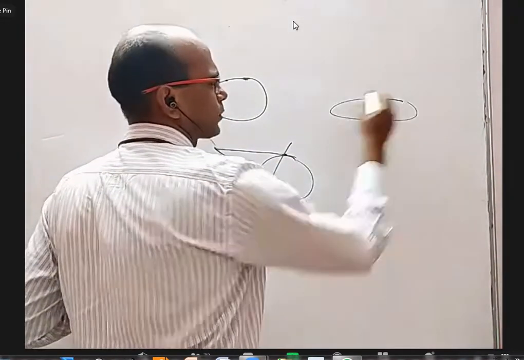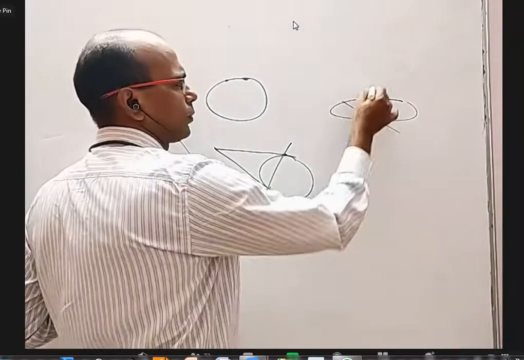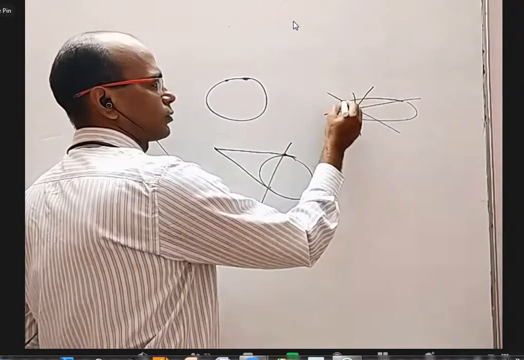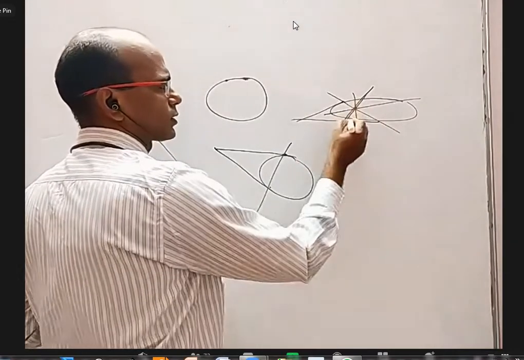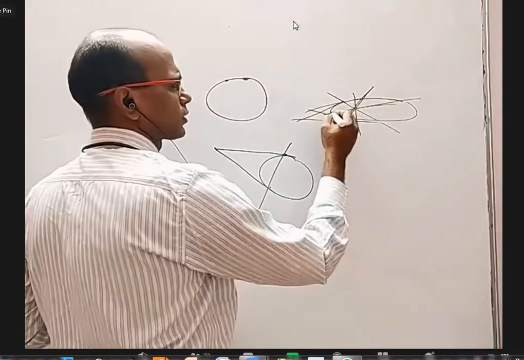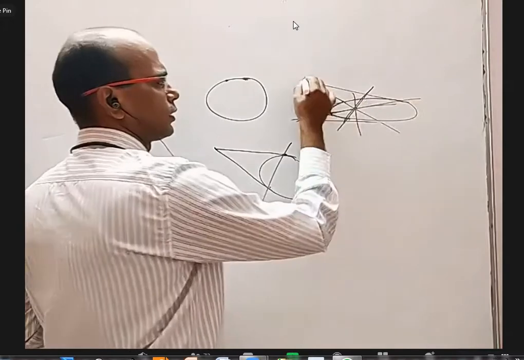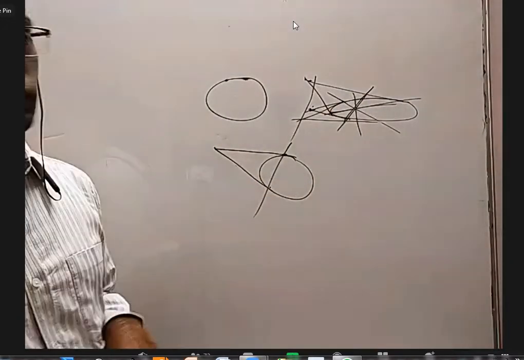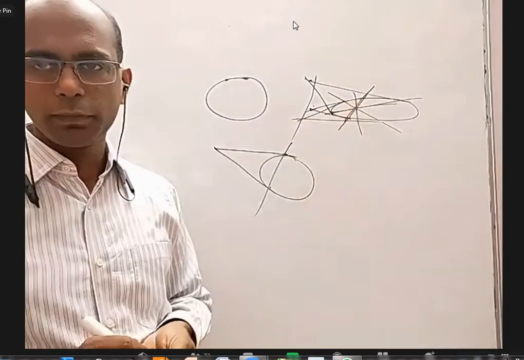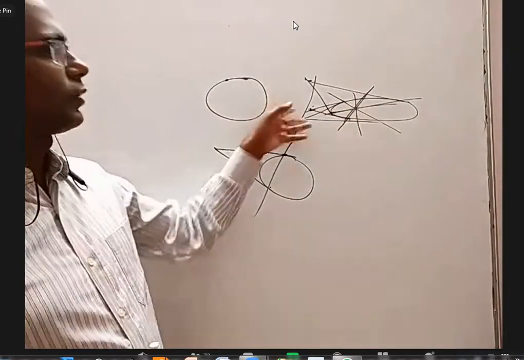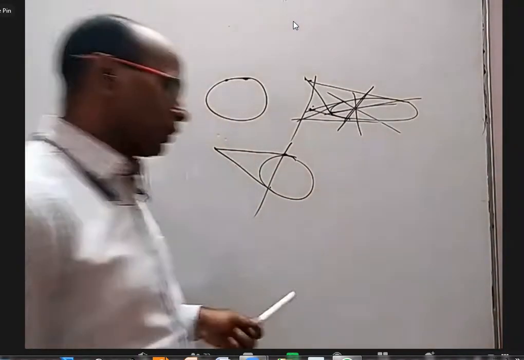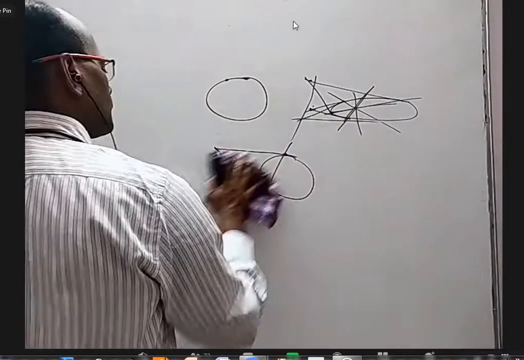Take an ellipse, take one point, and draw many chords through that. At the end of each chord, you draw a tangent. Take this chord, draw a tangent. Take this chord, draw a tangent. They will meet at some points and all of them are collinear. What is that line called for this point? Polar. And what is the formula for that? T equals 0. Same thing, right? Okay, so I don't have to write those formulas.